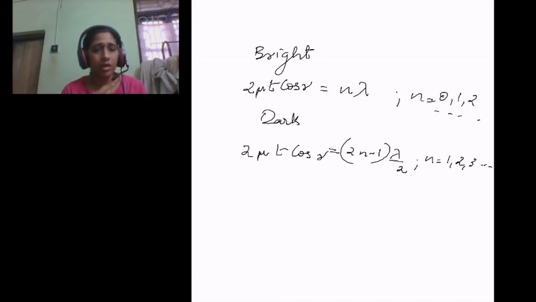Therefore, we have to understand these two differences. With white light, colors visible in the reflected system will be complementary to the colors appearing in the transmitted system. So study these two systems of thin film in the reference well, and try to derive these conditions for darkness and brightness yourself. Then we have to move on to some problems relating to these two conditions. Now we can stop.